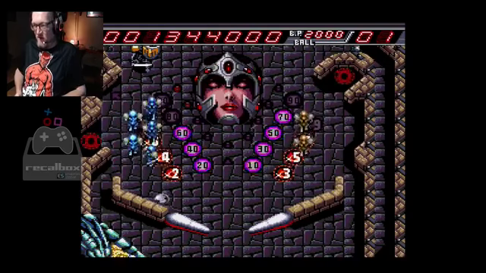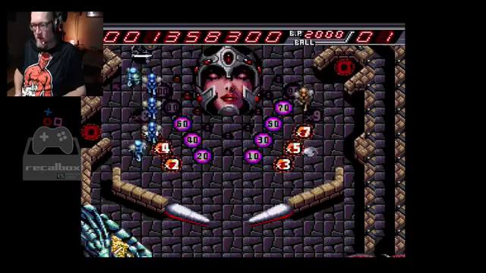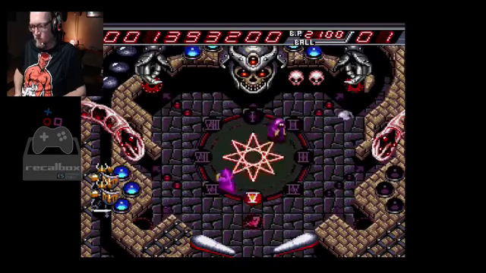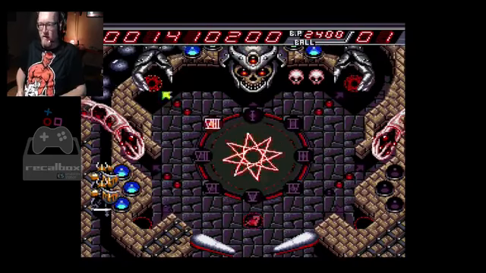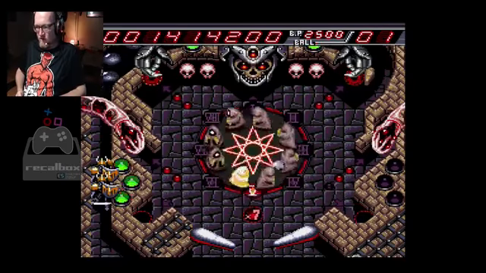I'm just trying to start one of these bonus areas. I haven't even been able to do that yet, but things are going pretty smooth so far. The green arrows flashing indicate a bonus stage area. As you can see, that's rotating, so